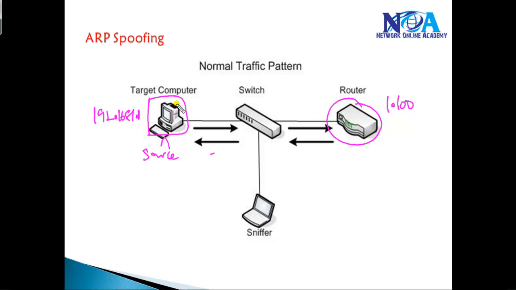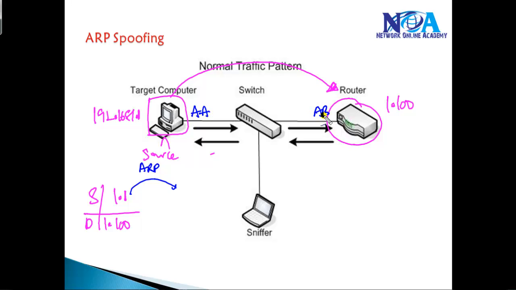Now, the actual traffic coming from 1.1 to 1.100 will go directly from the switch to the router, because whenever you are sending a packet from 192.168.1.1 and the destination is 192.168.1.100, there is a protocol called ARP. That ARP protocol is going to resolve the IP to MAC. In my scenario, let's say AA is the MAC address of the source and AB is the MAC address of the destination, and the device is going to send an ARP broadcast request saying, who is 1.100 and what is the MAC address? Then the router is going to reply to that ARP request with its MAC address, and the communication happens between these two devices based on the MAC address.